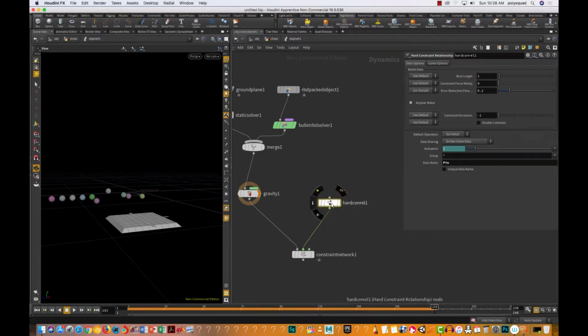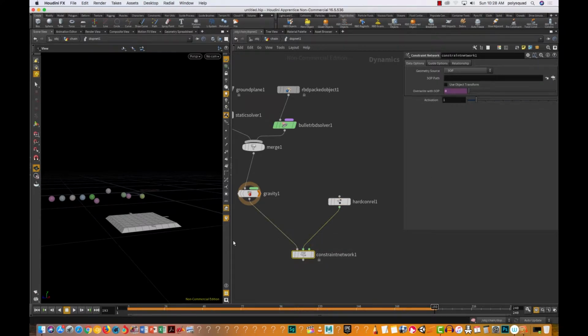So I've got this guy here. I'm going to call it pin. I'm going to select my constraint network, and I'm going to retrieve my constraints here. And now we should have